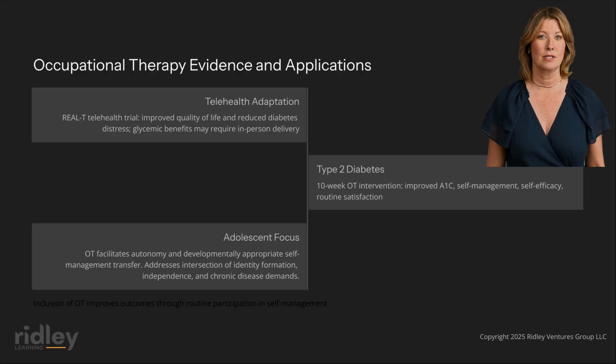Additional trial evidence supports occupational therapy effectiveness in adults with type 2 diabetes. A randomized trial of a 10-week occupational therapy diabetes self-management intervention comprising 4 group visits and 6 individualized sessions demonstrated significant improvements in A1C, self-management behaviors, self-efficacy, and satisfaction with daily routines compared with control. The authors concluded that inclusion of occupational therapy in diabetes care plans can improve health outcomes by promoting routine participation